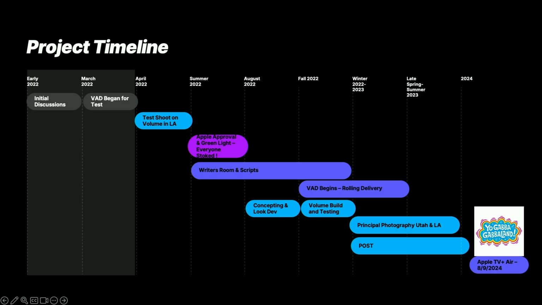So finishing through the schedule here is pretty traditional, going through concepting and look dev, building the volume. We shot this in Park City at a very nice new stage out there.